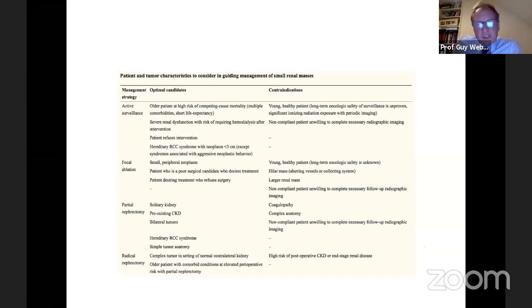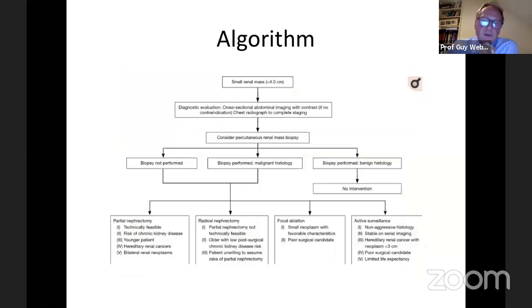Laparoscopic ablation seems to have somewhat gone out of favour because the interventional radiologists are able to hydrodissect the bowel off the anterior aspect of the kidney so they can develop a plane and treat the anterior tumours. Partial nephrectomy for ideally solitary kidneys, bilateral tumours. Radical nephrectomy for difficult tumour anatomy, complex tumours. Older patients with comorbid conditions and large tumour and fairly good renal function, which basically gives us an algorithm of